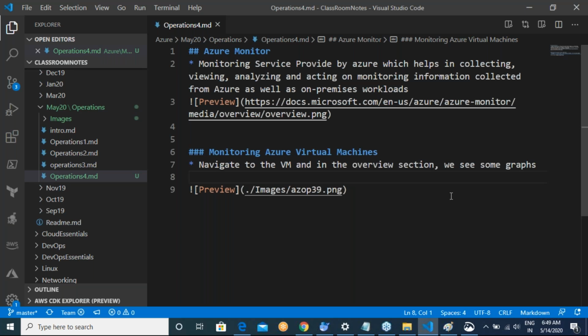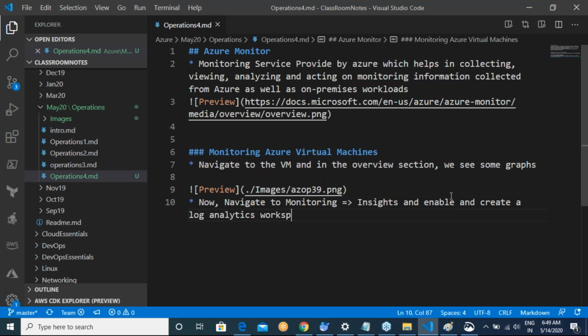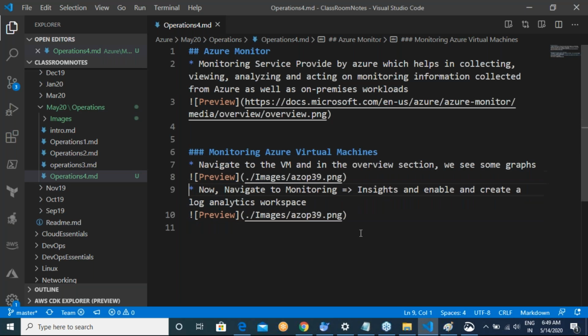Then navigate to monitoring, insights, and enable, and create a Log Analytics workspace. For logs we need some kind of a workspace, and that is where it gets stored.